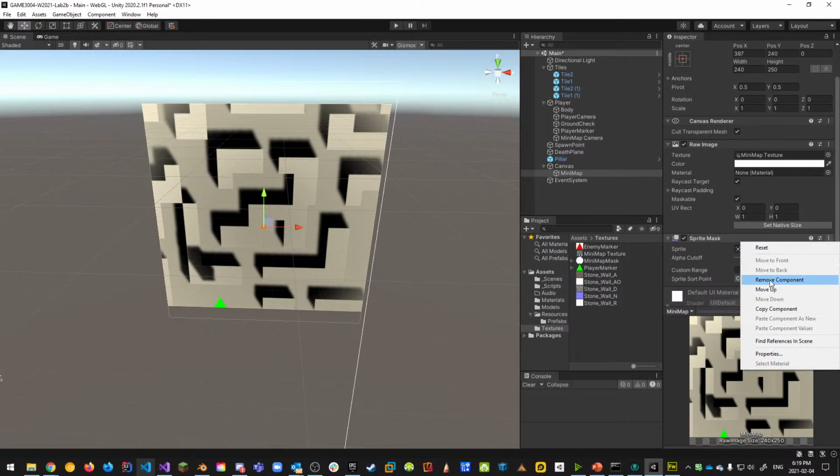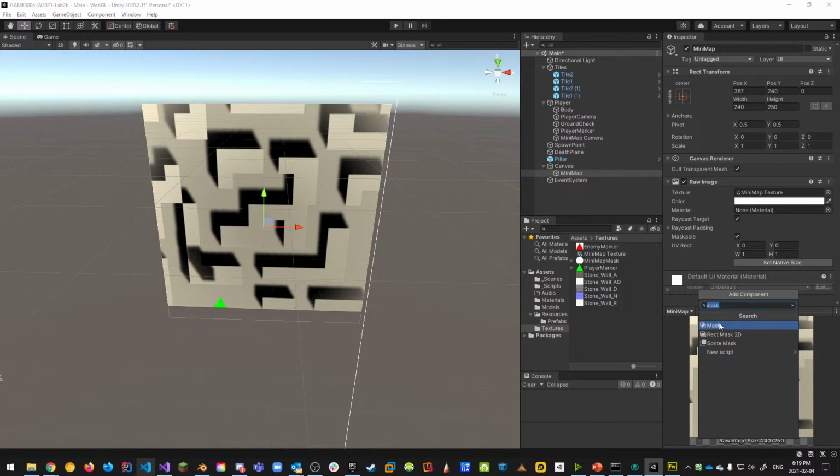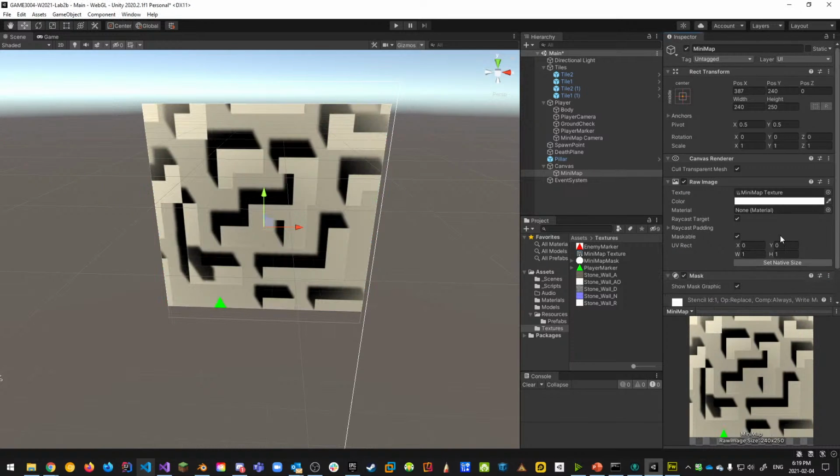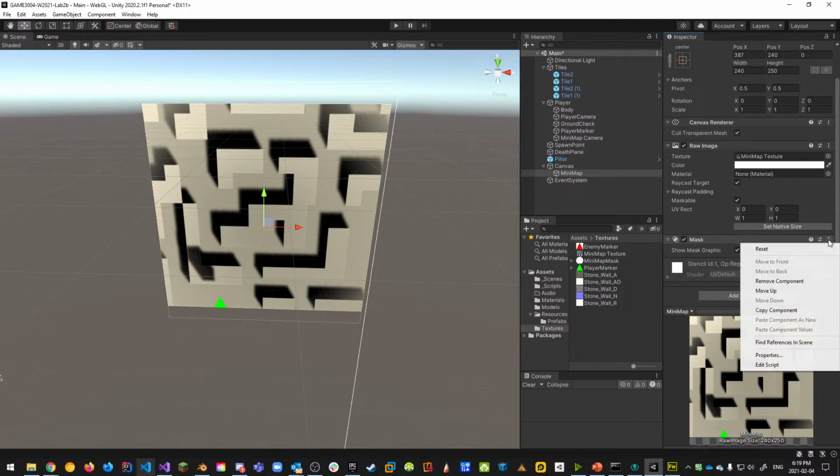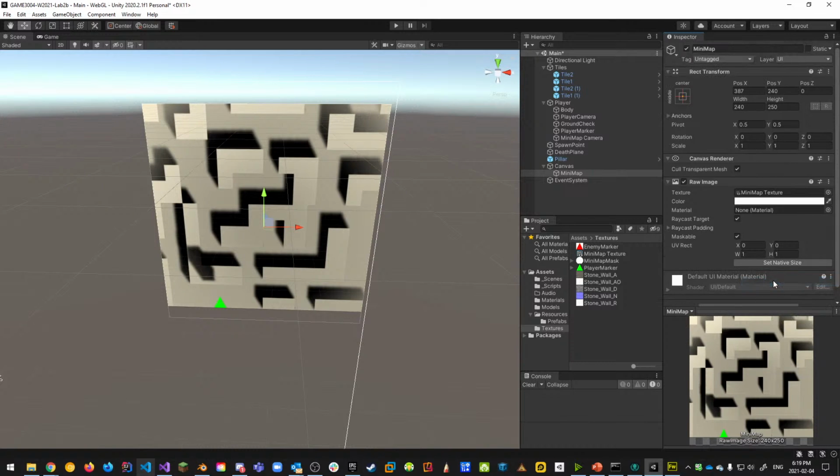Let's just remove that component. Let's add another mask. Let's just add a mask. There we go. Show mask graphic. Cool. But what mask is going to be the one that is the material? It is maskable. Oh no, sorry, that would be the mask. Whatever I attach the mask to. Remove component. Let's add a new